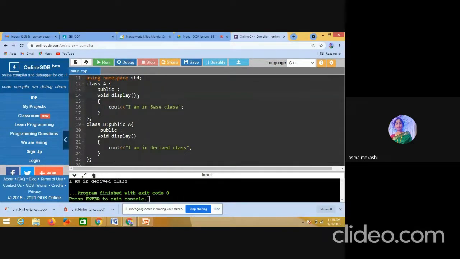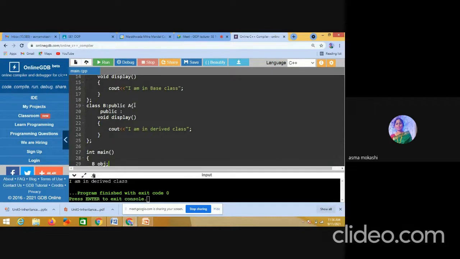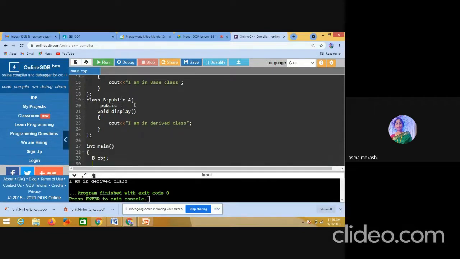So how can we get access to the base class display method? It is very important to understand how we can access it. Here, the object, dot, the name of class A, then I need to use the scope resolution operator and then the method name. This is the way to access the display method from the base class.